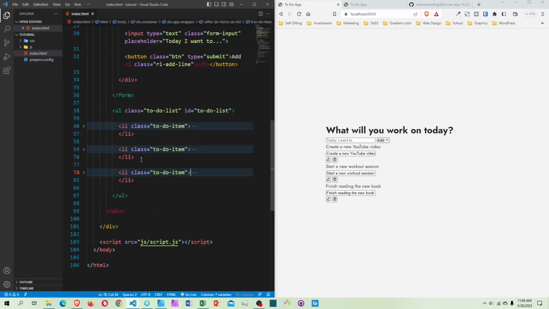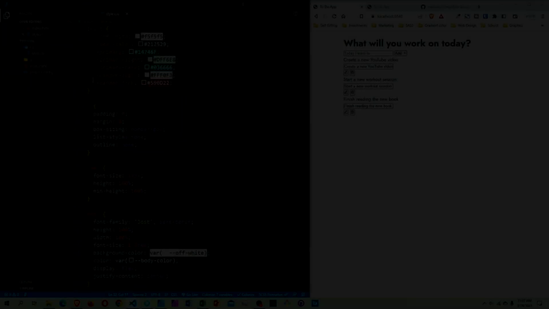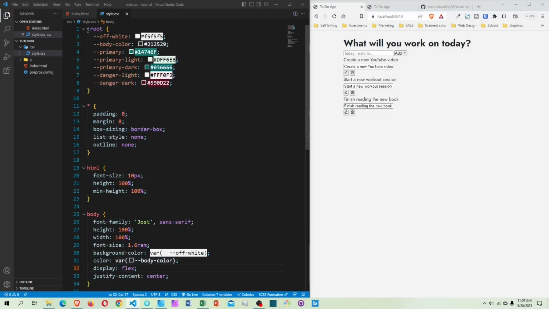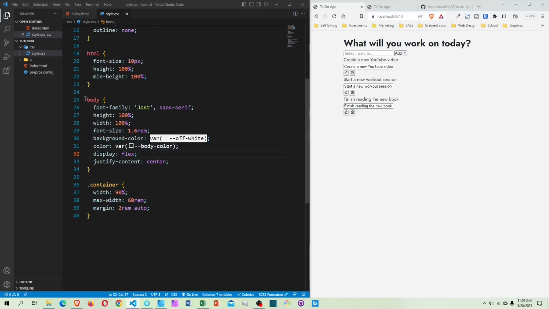Now the next step is the CSS. Okay, so let's just get started on the CSS. Okay, for the CSS I already had the starter style. I just had the colors and the reset style a little bit, the HTML set up with root font size of 10 pixels, and for the body I gave it the font family, the background color, and I have our container as you can see right here. Okay, so after the container, I'm gonna style this title right here. So come down here, select my title class,